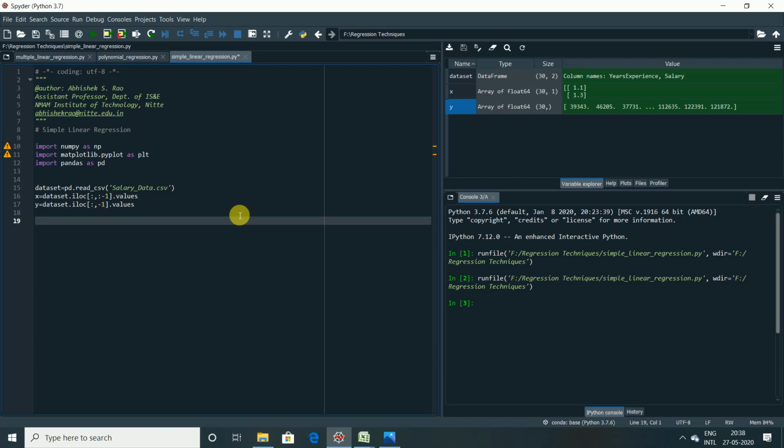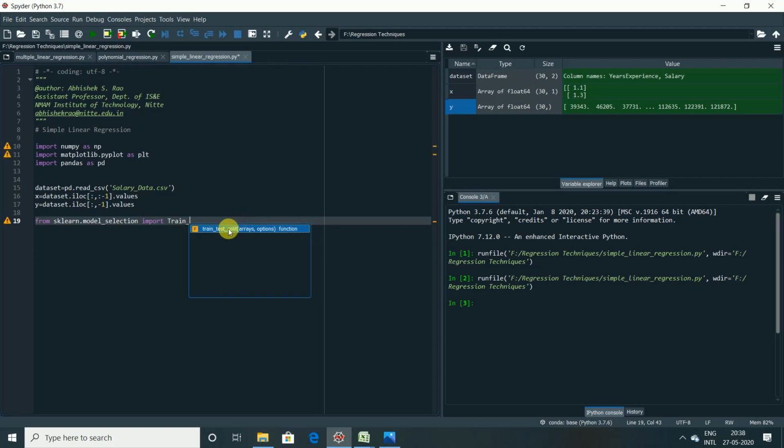Now let us split the data set into train and test sets. As we all know, the library from which we import this class is sklearn. So let us import it from the sklearn library, and we import a module called model_selection, and we import a class train_test_split, right?